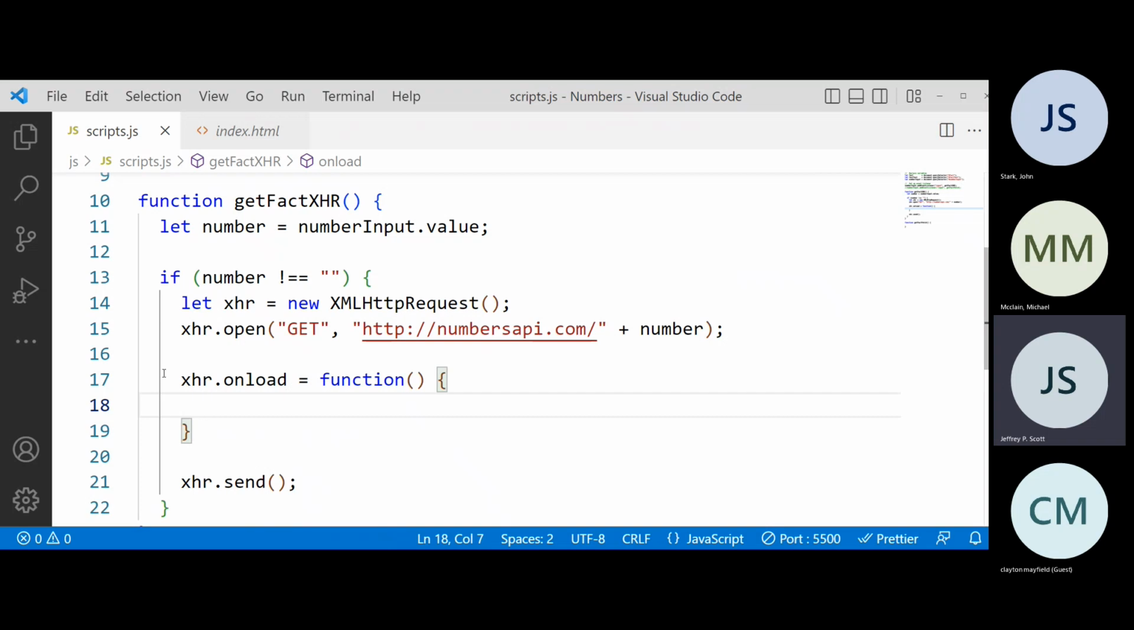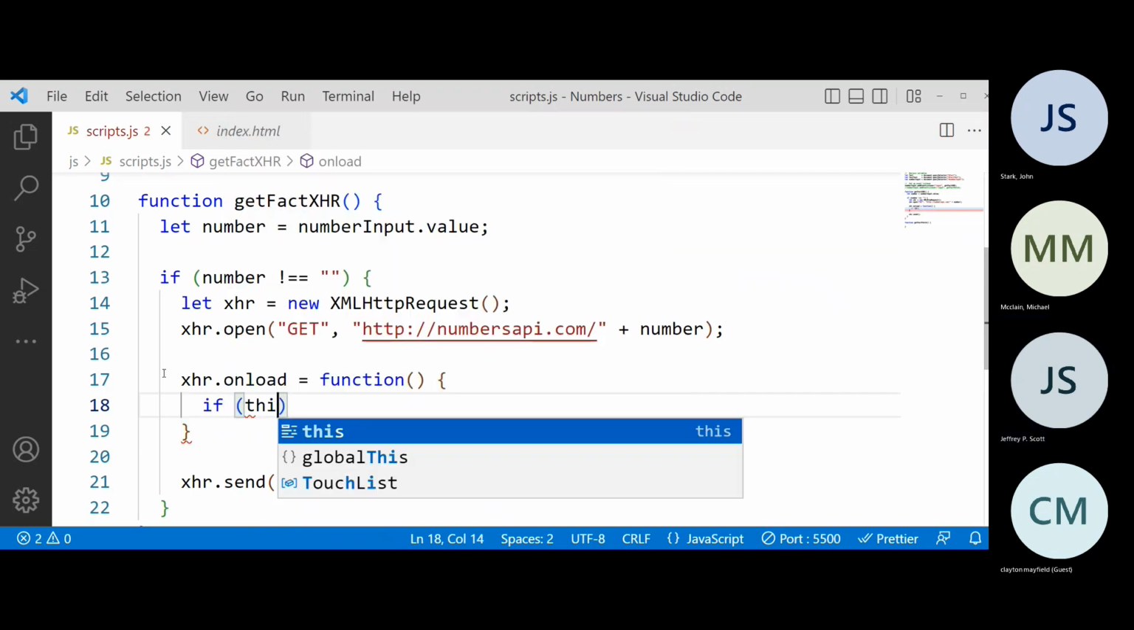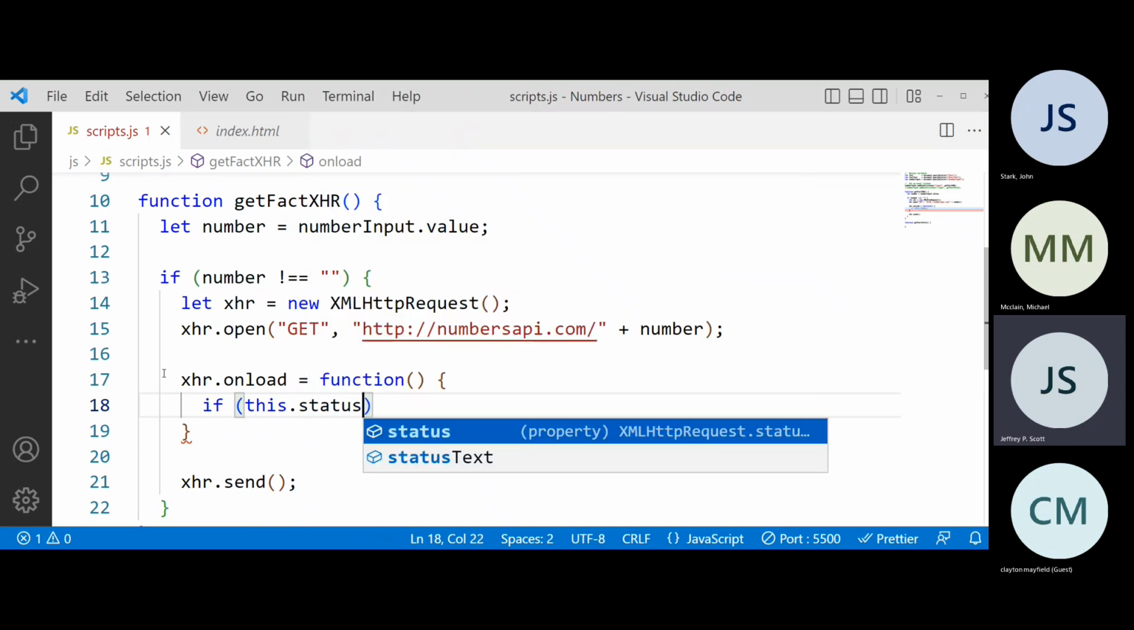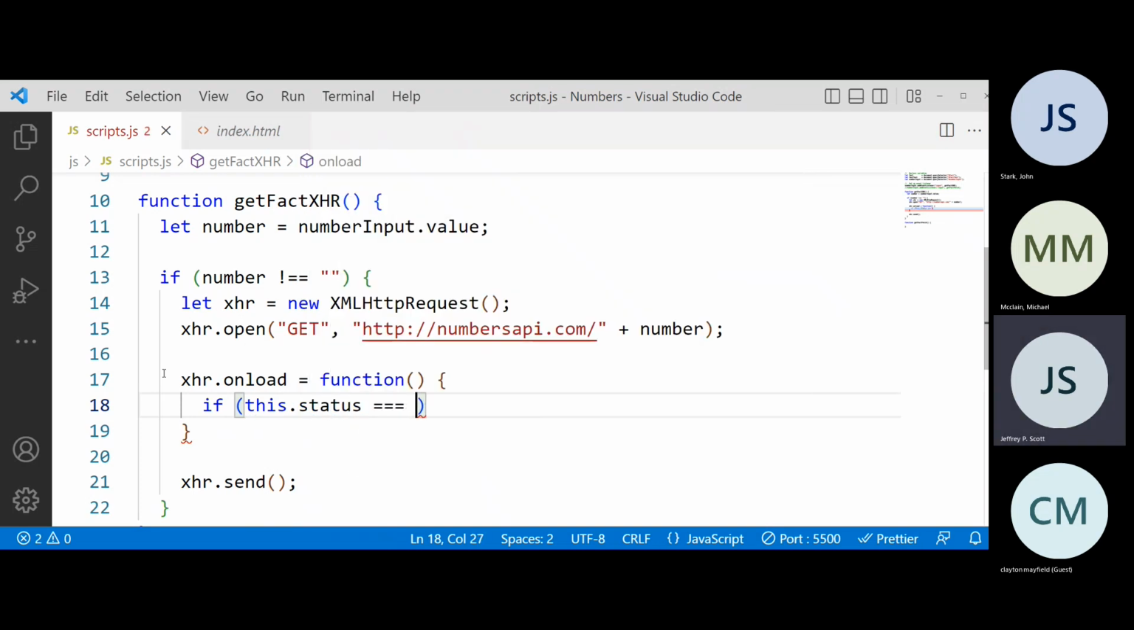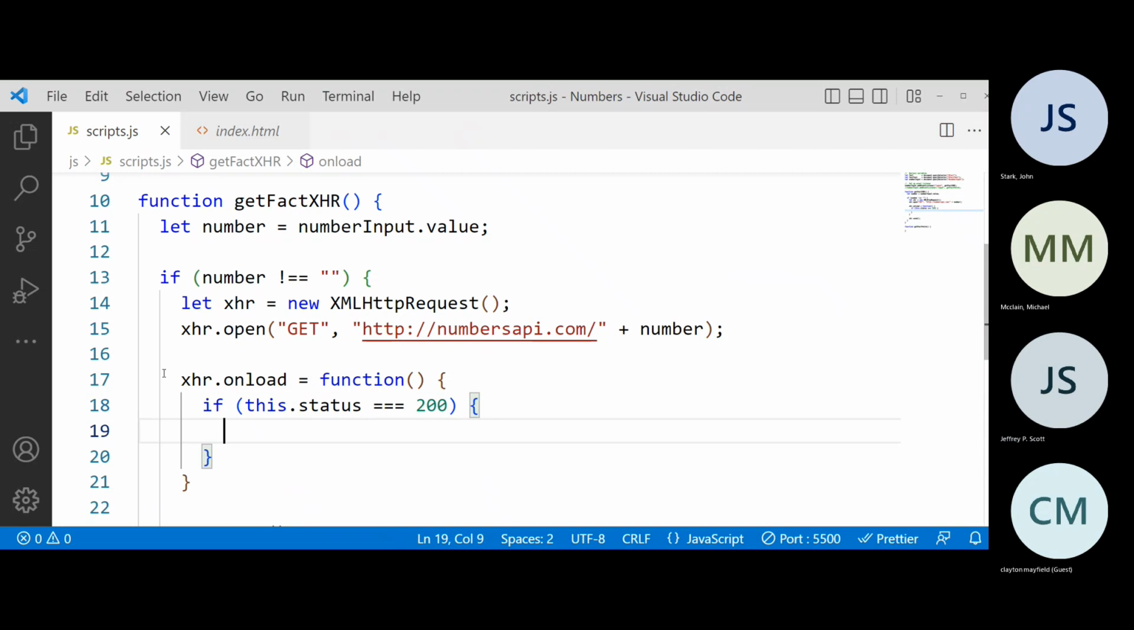So we want to come in here and say, if this dot status equal 200, then we know everything worked. All right, so we've got it. We went out, we made a call to the API, and it worked. Okay, well, that's good, but we have to now display that information. So we can now come in and say